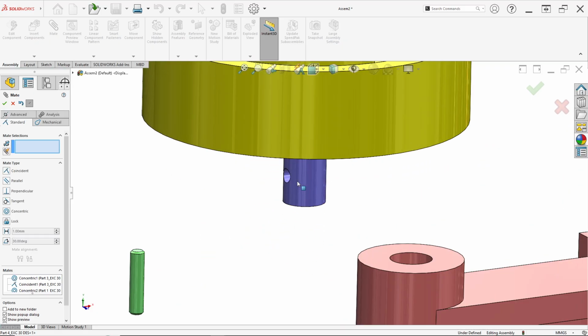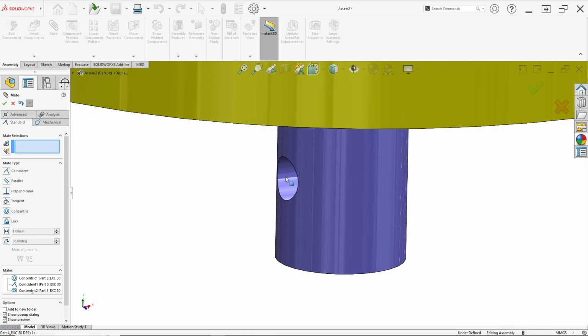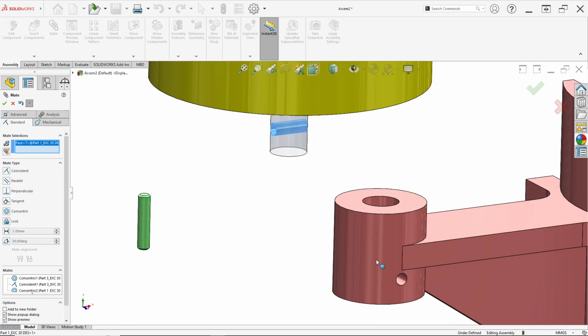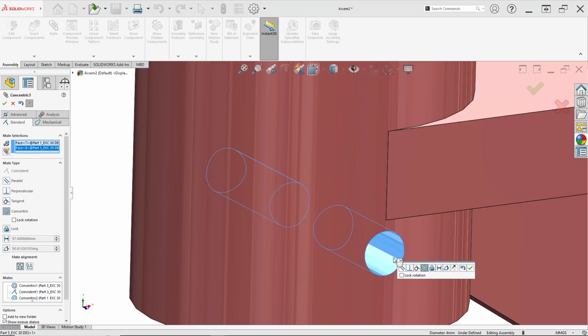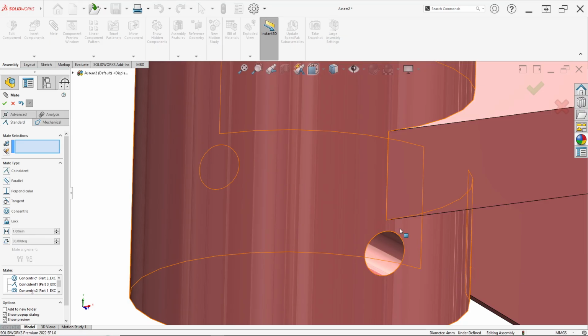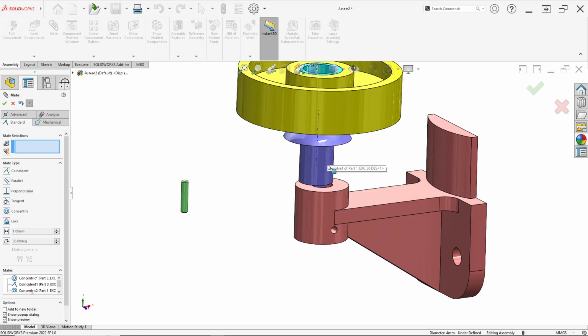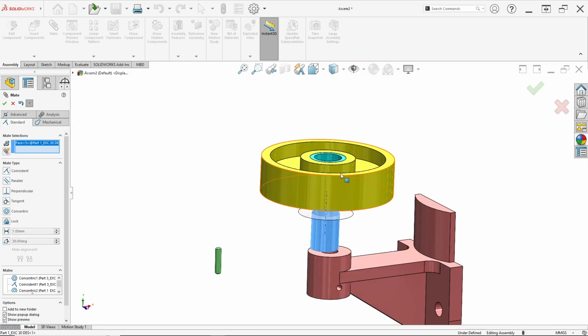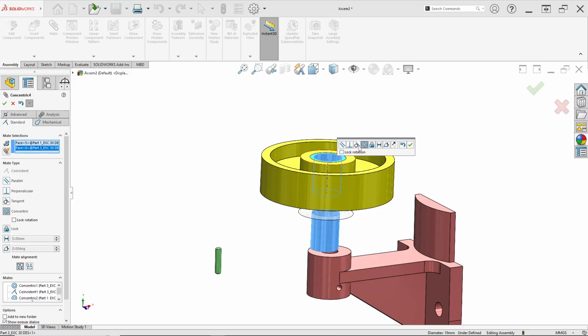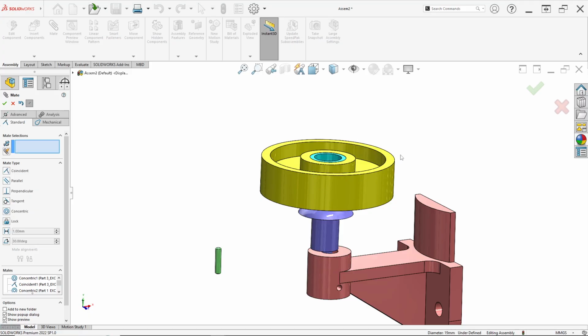Then for this face, to this face, we can click on make concentric again and just click OK. Sorry, in here, this face to this face, click make concentric, click OK.